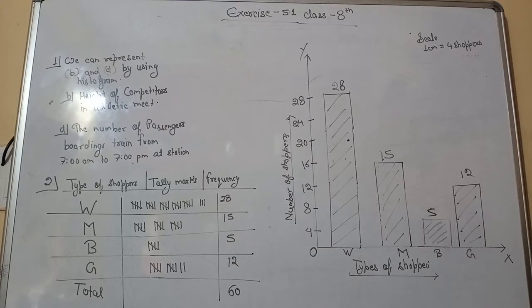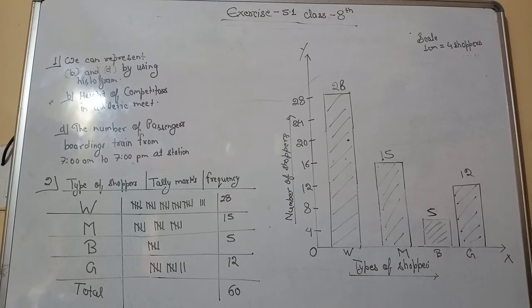There is a slight difference between histogram and bar graph. If your data can be classified into intervals, if we can categorize all the given data into some specific particular categories, then it could be represented in the form of histogram. But if we cannot classify all the data into class intervals, then it could be seen as bar graph. That is the slight difference.